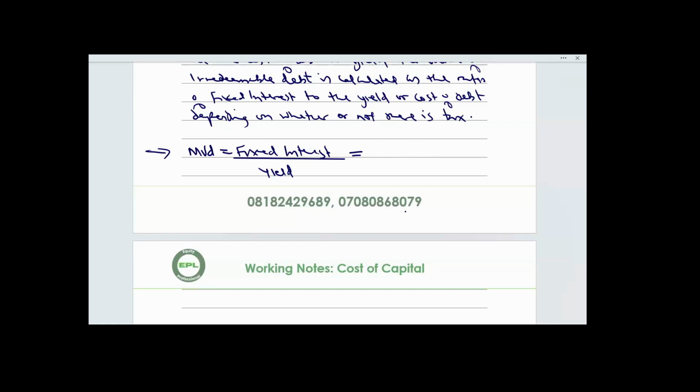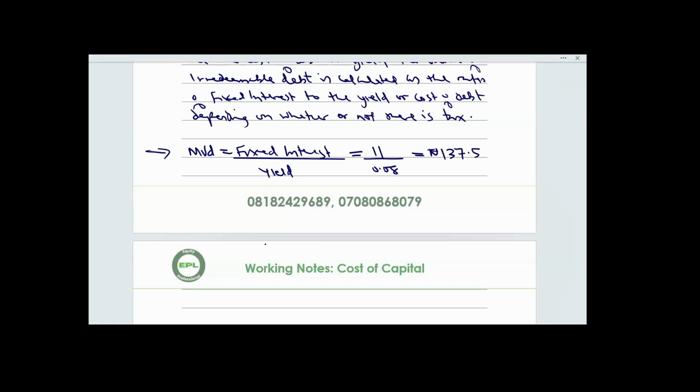So just come here, put 11 divided by, that's the interest. The yield, according to the question, is 8%. When you talk about yield, it is the same thing as rate of return. So which is 0.08. What do you have? 11 divided by 0.08. 137.5. Thank you very much. So the market value, the unit value of this debenture is